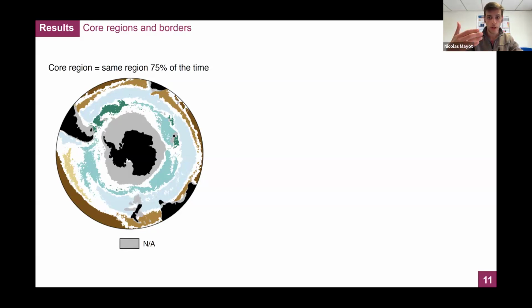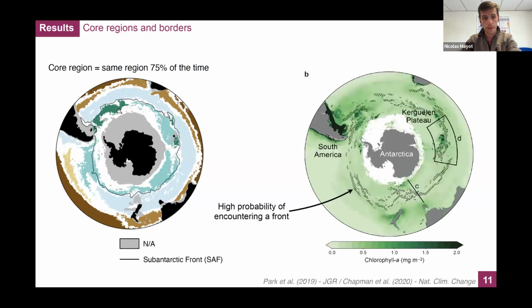And so now I try to understand why I have such a strong border between them. First, what I'm showing is the location of the subantarctic front, so a front associated with the Antarctic Circumpolar Current. And we can clearly see that this front is related to the border between this subantarctic region and the polar